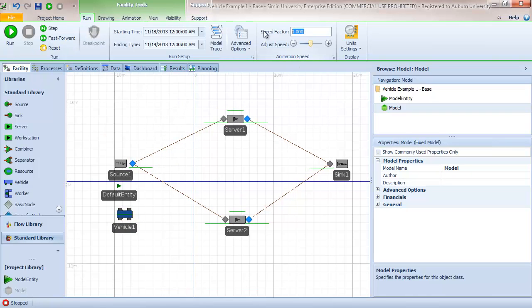So I'm going to reduce the speed factor just a little bit, and I'm going to run the model. And we see what happens is when the first entity arrived, the vehicle transported that entity to server 2, and then, if we watch carefully, we could see the entity after it completed processing went to the sink. And now it looks like the entities are queuing up outside source 1,